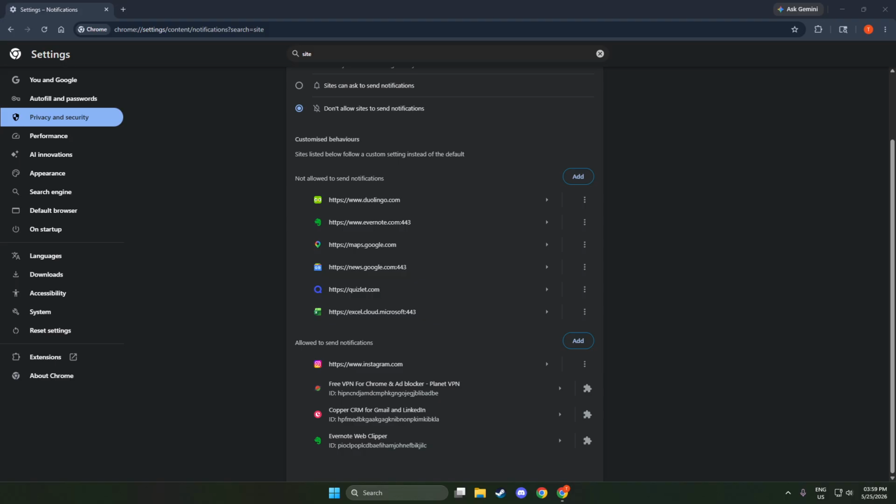Once you've located Instagram.com, click Block. You may see this as a toggle. You can switch from Allow to Block, or an option in a drop-down. Blocking tells your browser to stop Instagram from showing any notifications on your computer.